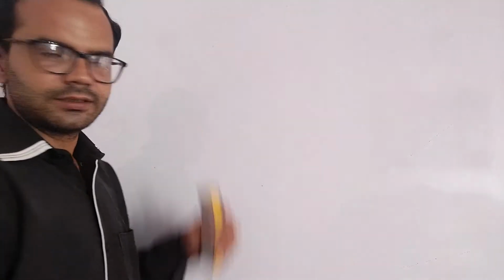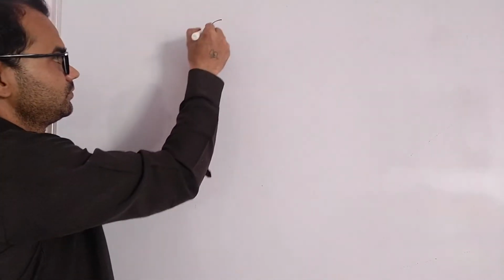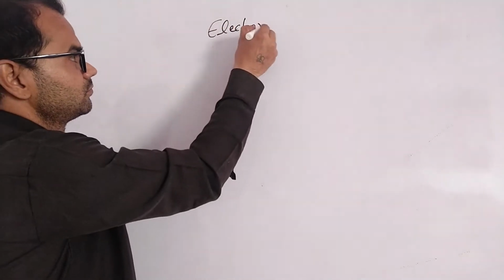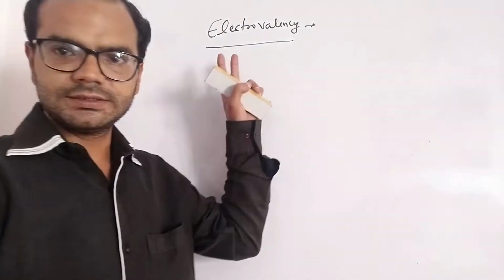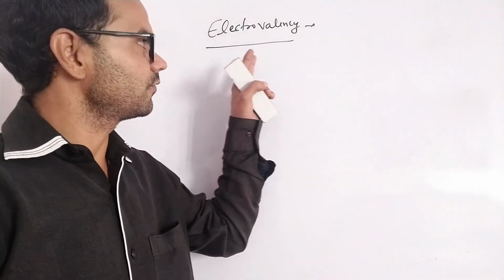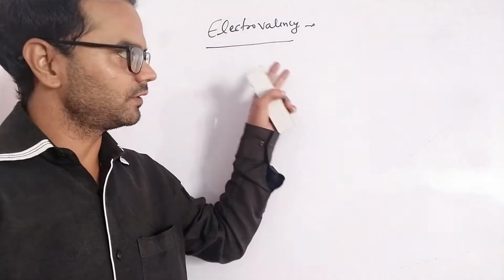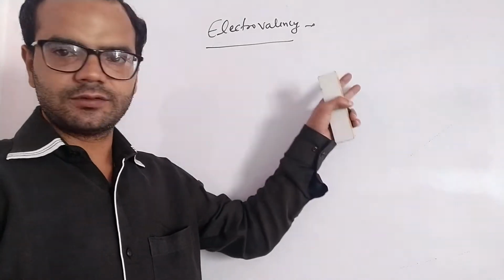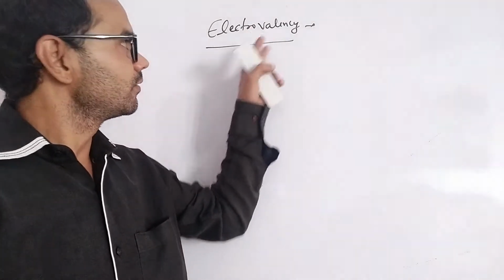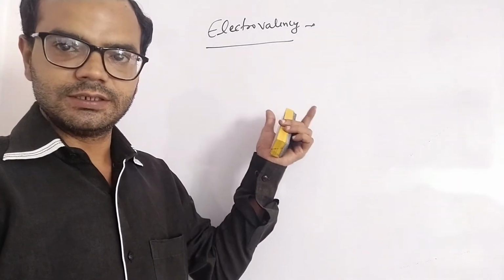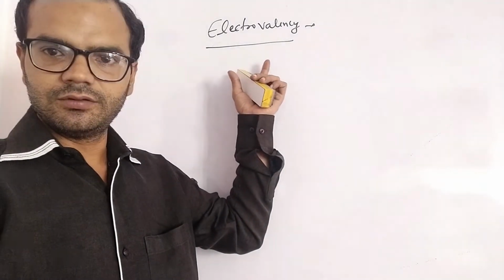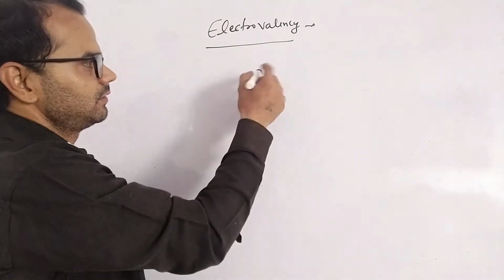Second is electrovalency. Now what is electrovalency? It is defined as the number of electrons transferred from electropositive to electronegative element. How many electrons are transferred, that is called electrovalency. For example,